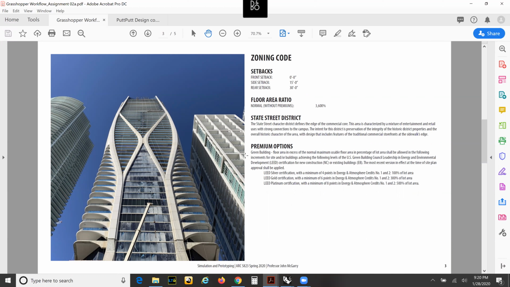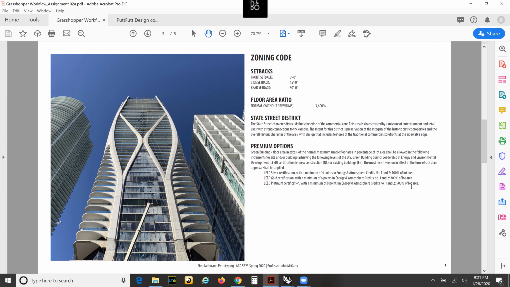There's also incentives as well. A lot of cities do this where if you're building a LEED building or a green building, or maybe it's a building that's beneficial for the community or has a feature that's beneficial, they'll give you bonuses, they'll give you premiums. So in our scenario, we have a developer who wants to build a LEED Platinum building. And based off the city,